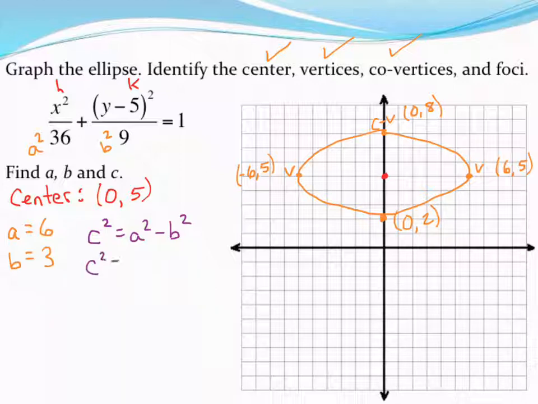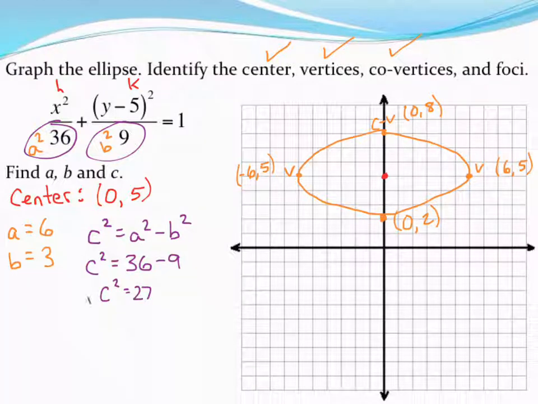C squared, the a and the b squared are both at the top already. So a squared was 36, b squared was 9. So 36 minus 9. That gets me 27 when I subtract. If I then take the square root, I'll go ahead and break that square root of 27 down to keep this exact, at least for now. We'll probably need to go ahead and make decimals before we're done with this. So it looks like c would be equal to 3 times the square root of 3, 3 root 3,